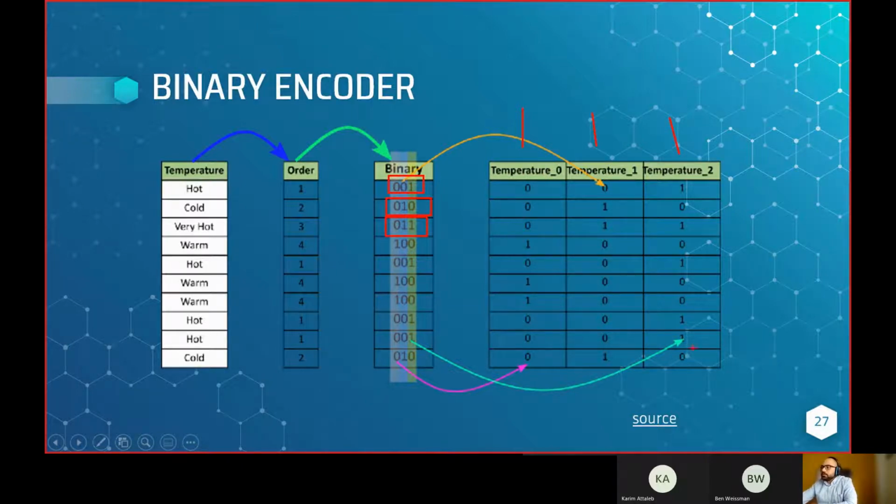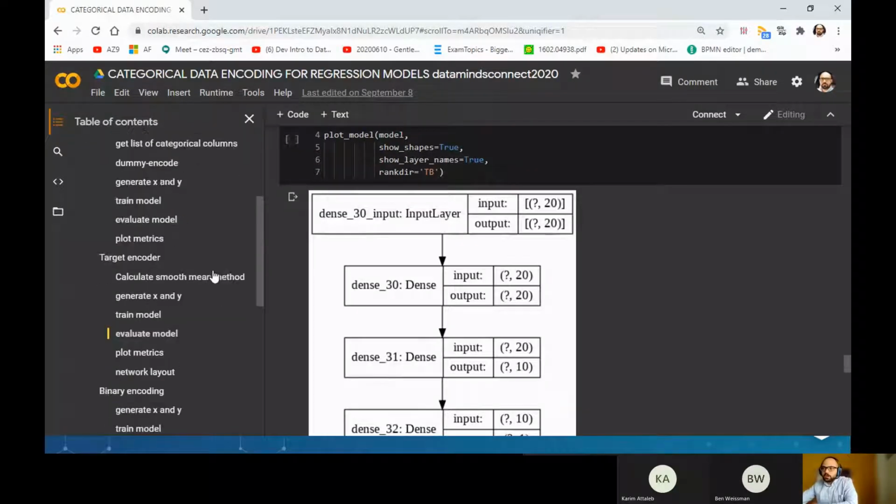So this is how we're actually able to encode, and you can track and see that for hot, which is 001, we get it right here, and this essentially represents hot into the model in terms of a number. So now let's see how the binary encoder performs. If I skip back to this